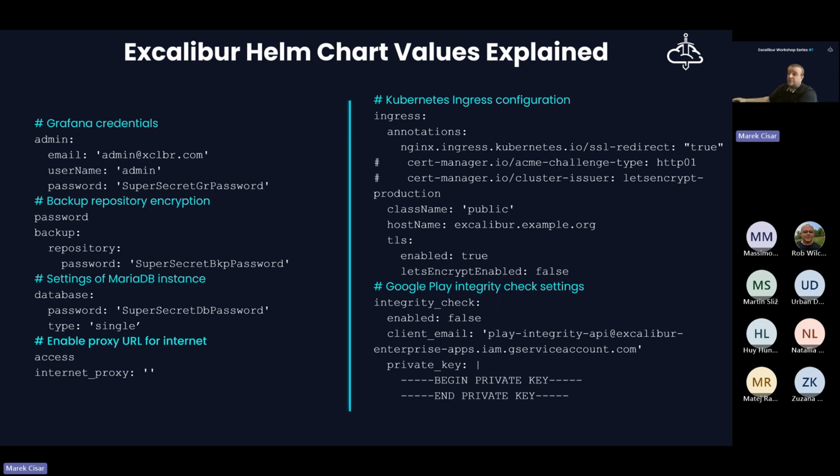First section, I already put comments in there, is regarding the Grafana credentials. Since Grafana is integrated, running as a microservice container, it needs to be configured in advance just before the startup.